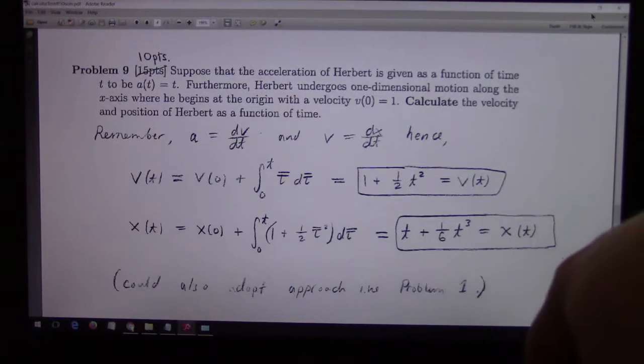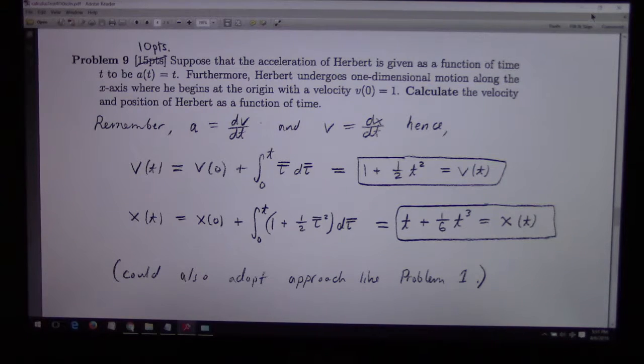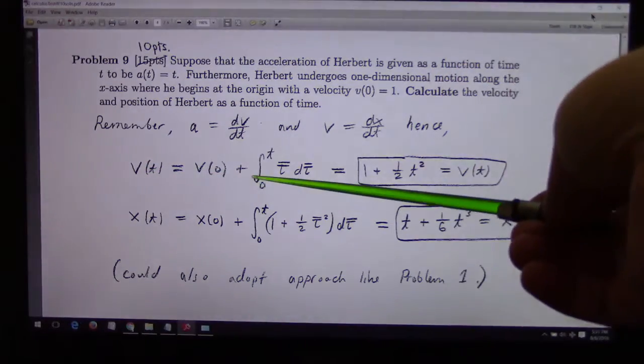Let's see here. Suppose that the acceleration of Herbert is given as a function of time to be a of t equal to t. Furthermore, Herbert undergoes one-dimensional motion along the x-axis where he begins at the origin with v of 0 equals 1. Calculate the velocity and position of Herbert as a function of time. So this is basically, again, a staggered pair of initial value problems. Find the velocity as a function of time by integrating